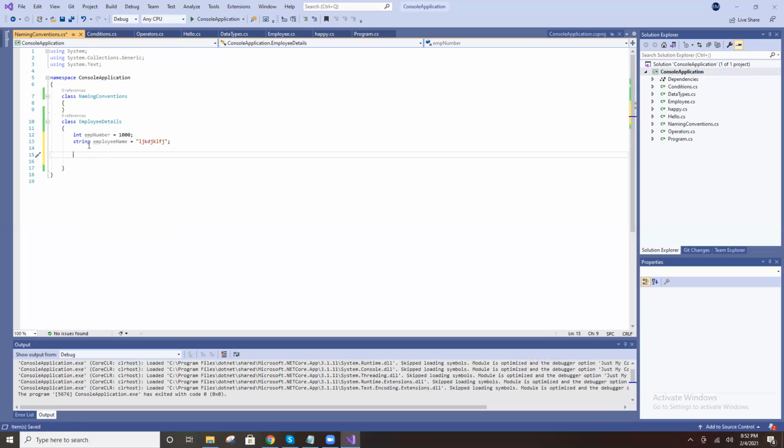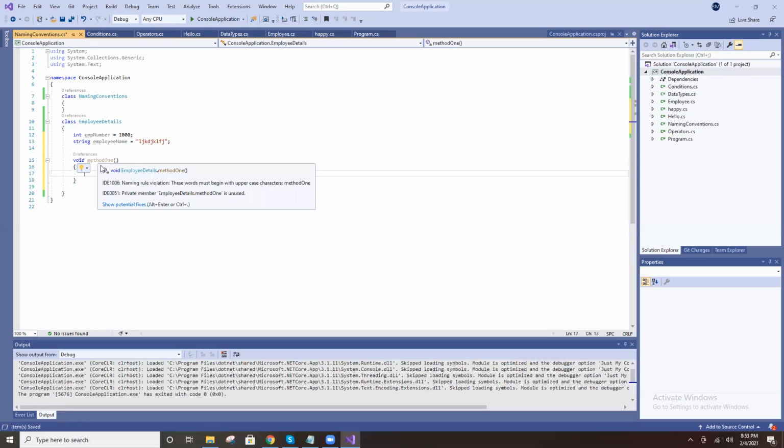Now you declare one method. So void is a void method 1. See, there is no syntax error. Everything is correct, but you are not following naming conventions. Why? So, method name. What about the rules for the class name? Class name starts with capital and the next word will be a capital letter. The same formula applies to the method as well. The method is one word, right? Method one. Like this.